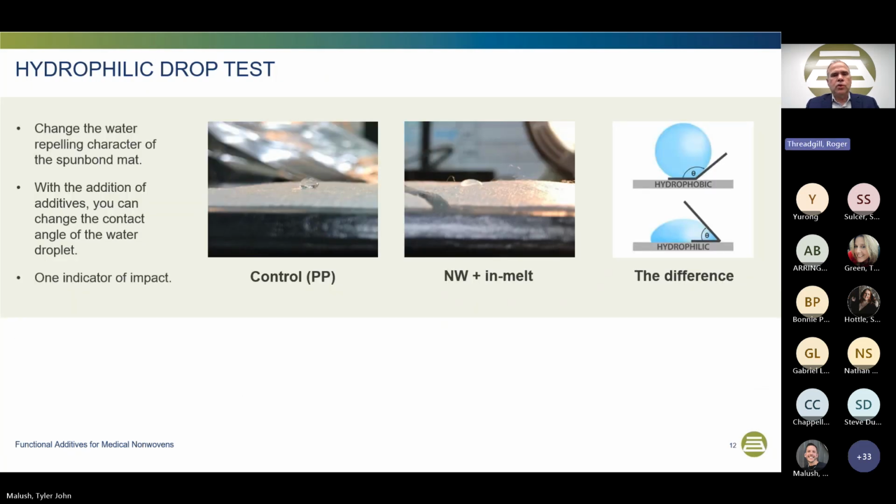These images show 2 nonwovens tested, one treated with an additive that modifies its interaction with water significantly versus a control additive. This puts the oil and water analogy into perspective. A change or reduction in that contact angle, which is illustrated there on the right, is resulting in a flatter drop due to the presence of the end melt additive. On the next slide,